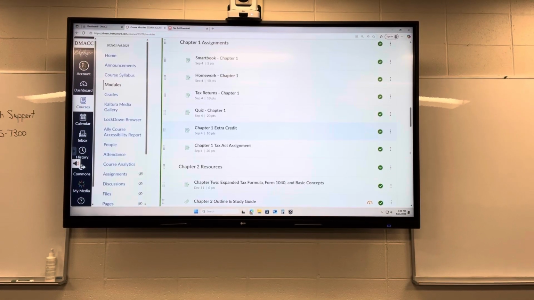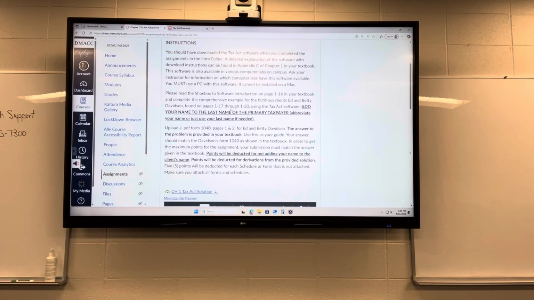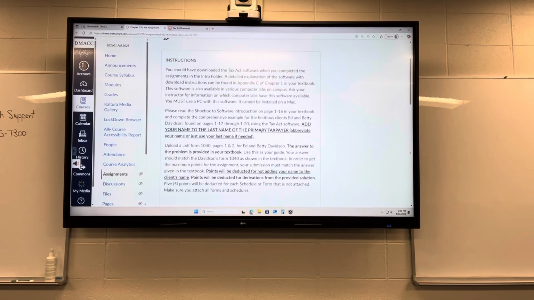So actually, since we're already in the mode, let's look at the Tax Act assignment. We'll come back and look at the tax return and how that is set up. If you click on the Tax Act assignment, you should have downloaded the Tax Act software when you completed the assignments in the intro folder. A detailed explanation of the software with the download instructions can be found in Appendix C of Chapter 1 in your